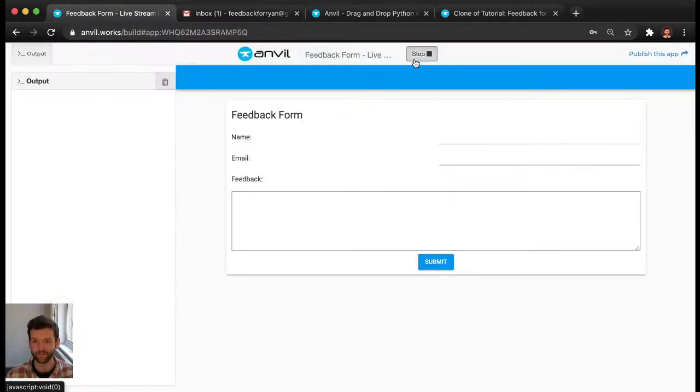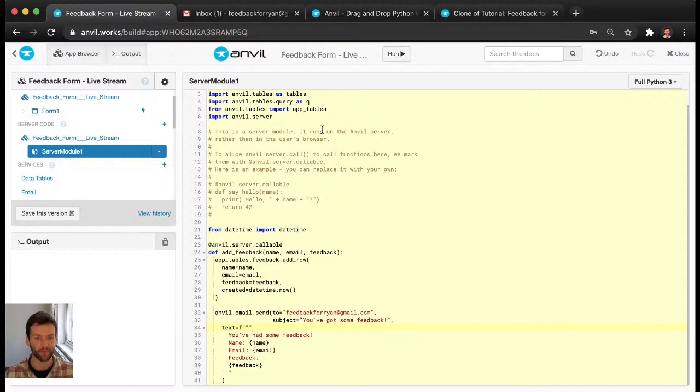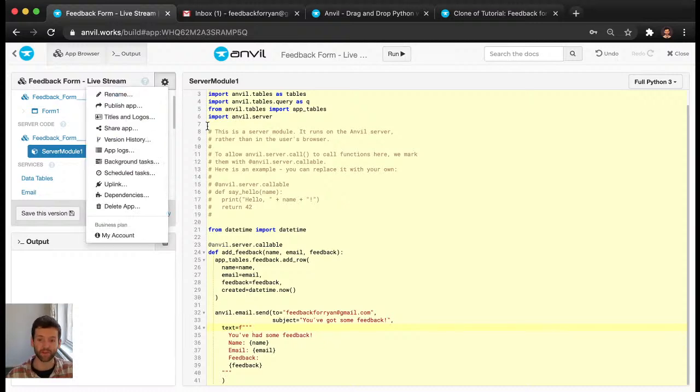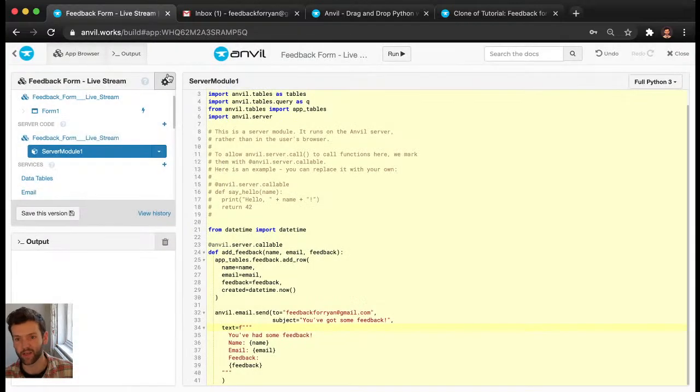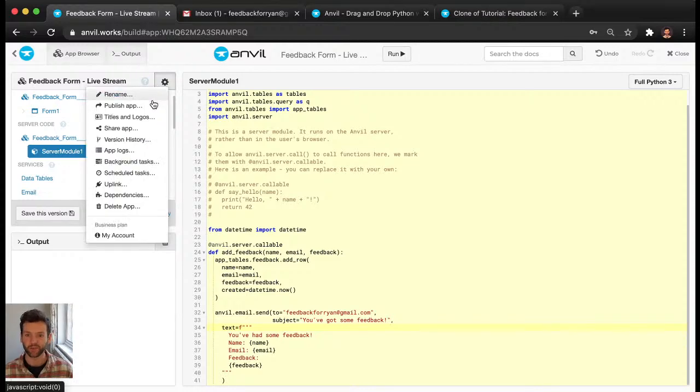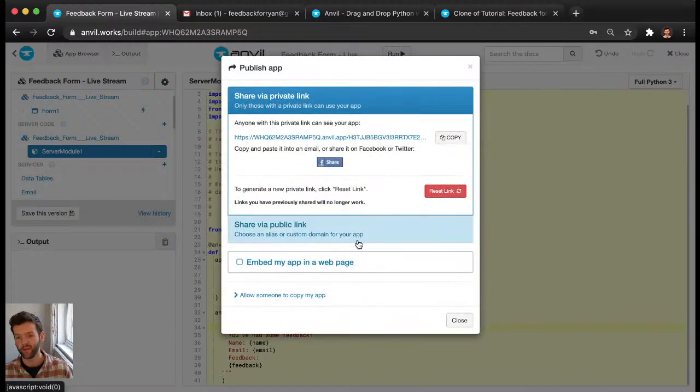One last thing to do then. So we've got our app. I'm fairly happy with that. I think that's everything I need our feedback form to do. So the last thing I want to do is just publish this to the web. Anvil apps are published by default. They come with a nice private link that you can share with people if you do want to share the beginnings of your app. All you need to do to publish it is come up to the top left-hand side here in the IDE, click on the gear icon, come down to publish app,